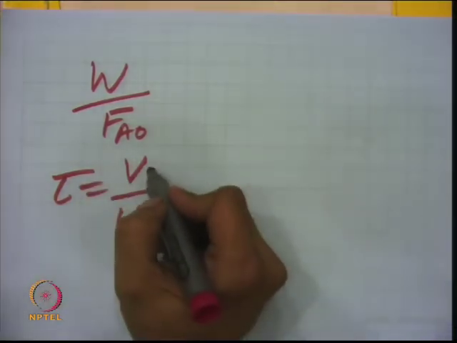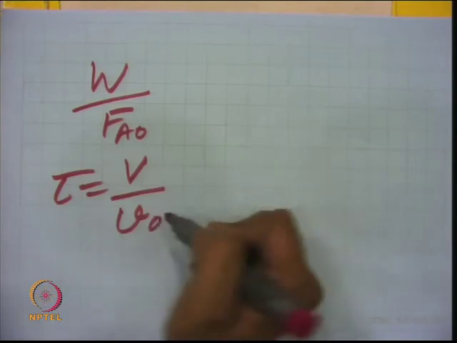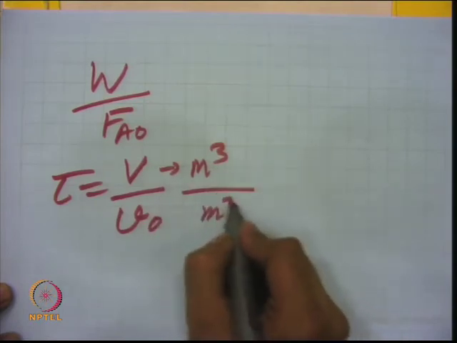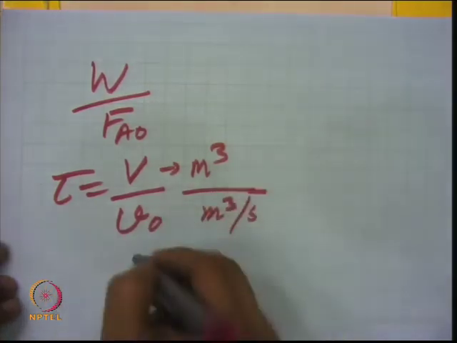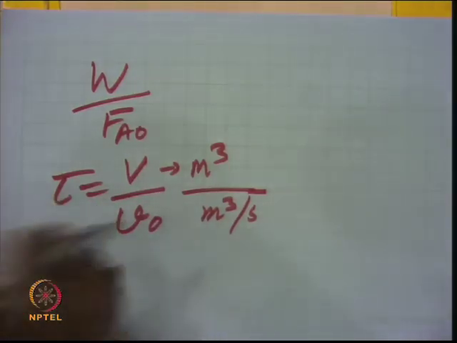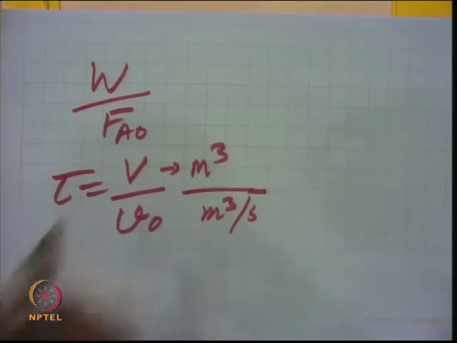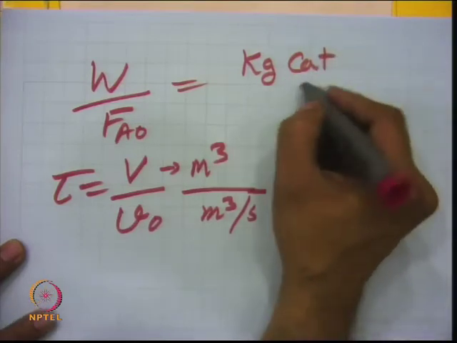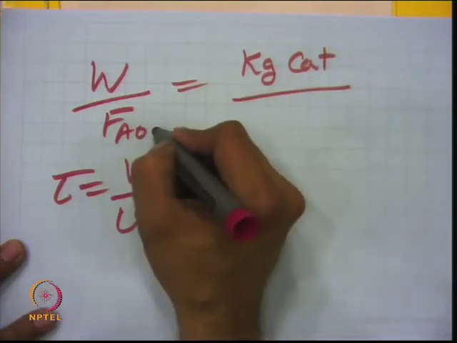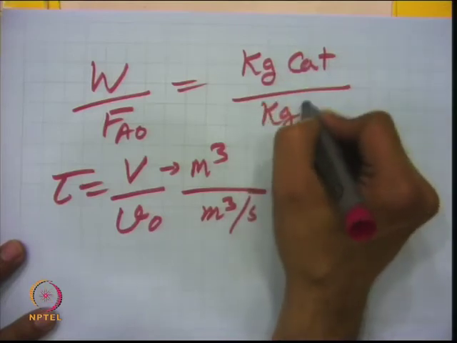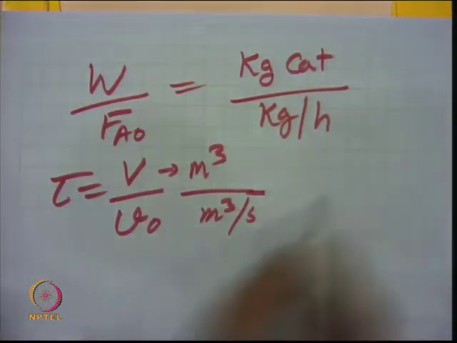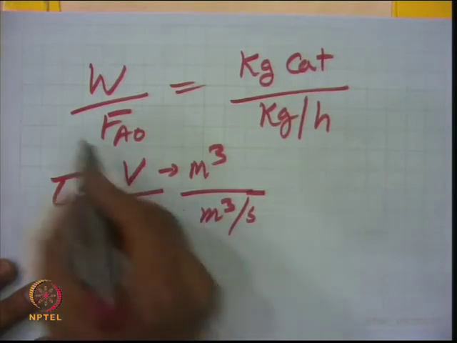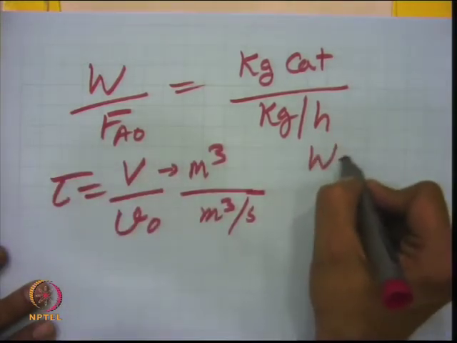So, volume of the reactor divided by the volumetric feed rate, and it has the volume of reactor something like a meter cube unit, volumetric feed rate something like meter cube per second, and this is the unit of time, right. So, that is why this is known as space time, right. So, here it is kg of the catalyst, gram catalyst or kg of the catalyst, and feed rate is the molar feed rate, right, or mass feed rate. So, kg per hour. So, kg of the feed, right. So, time unit is similar. So, basically this is known as weight hourly space time.